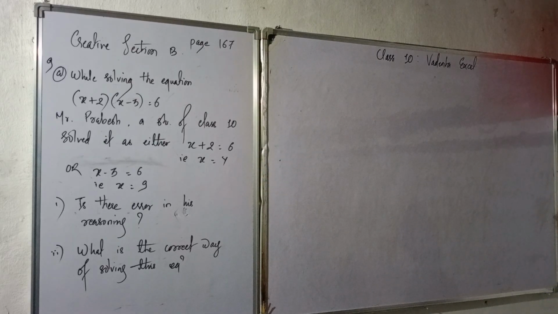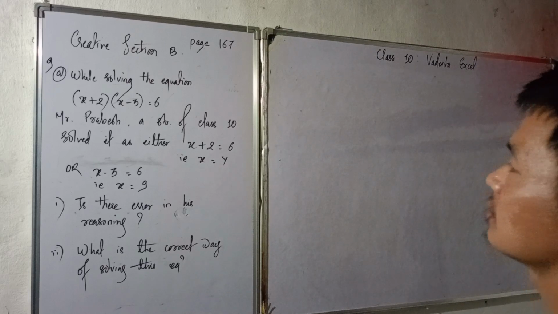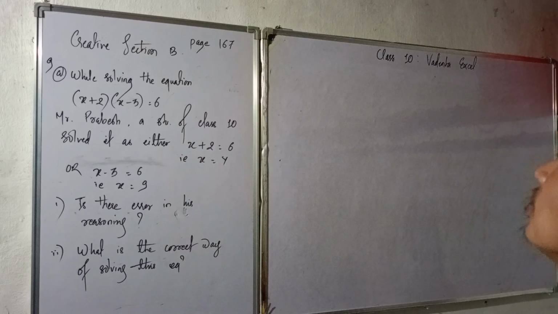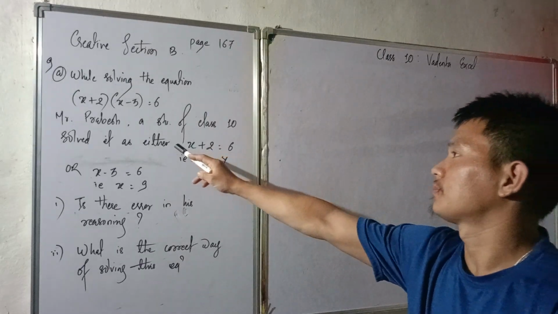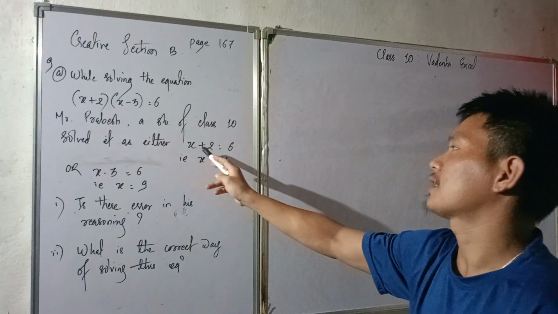Now see number 9, what we have been asked. Let's see, page number 167, exercise 6B, number 9. See what the question is saying. While solving the equation (x + 2)(x - 3) = 6, Mr. Prabesh, a student of class 10, solved it as either x + 2 = 6, either x + 2 = 6,